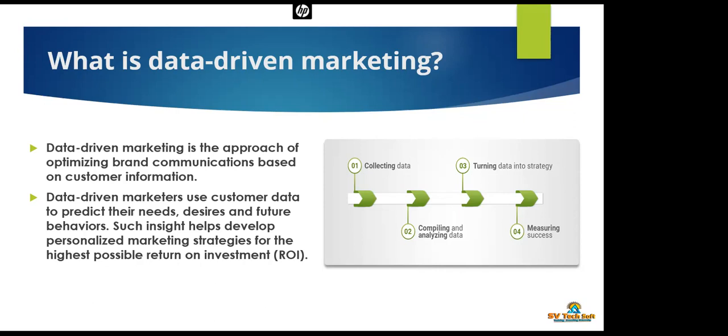Suppose you want to go to a party after a week and you want to purchase a nice dress for yourself. So you go on Amazon and you try to search for a jeans, a blue color jeans. You search two, three, four, five jeans of different brands, and you have shortlisted a blue jeans of Levi's brand. You have put that jeans into your cart, but somehow you fail to check out.